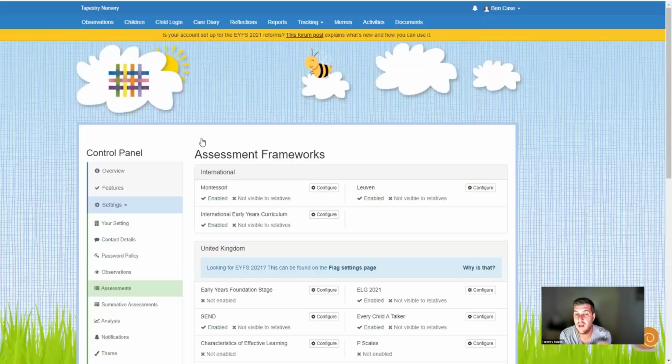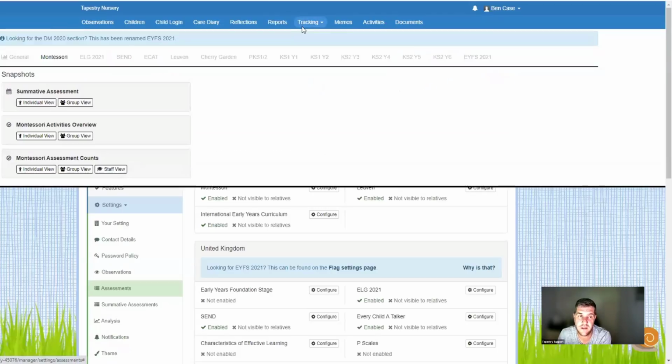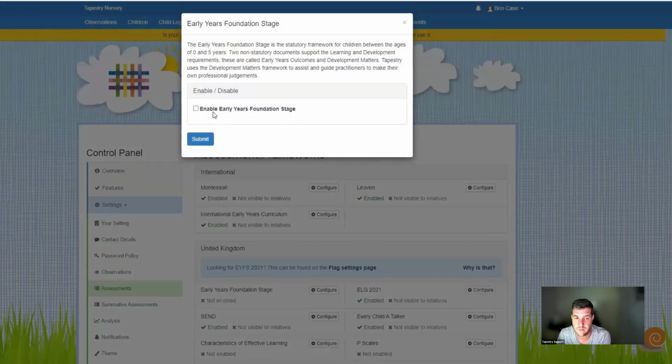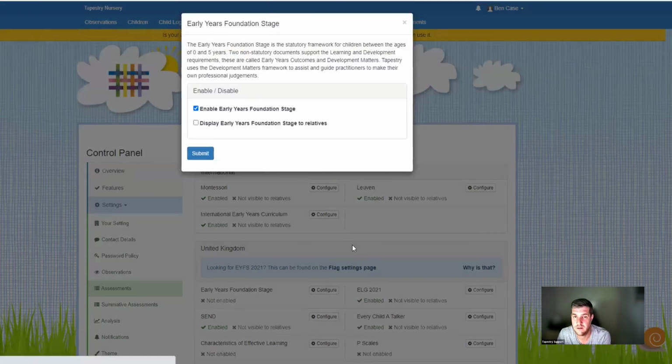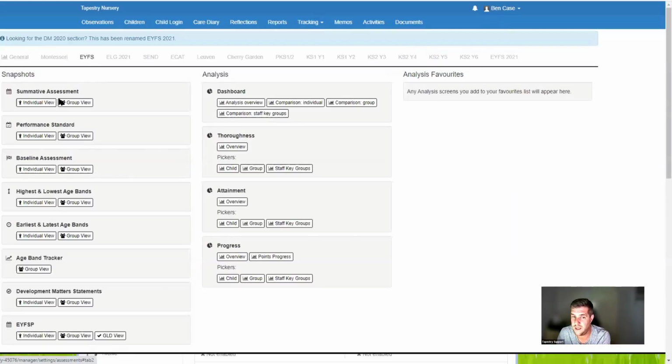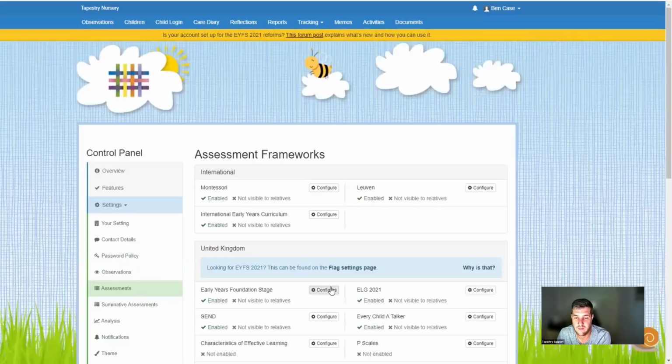Now, any observations that have had EYFS assessments done to them previously, the observations are still going to be visible. They're not going anywhere. They'll still be there for everyone to see. The only thing that's going to be hidden is the assessment part of that page, and also your tracking page. So all your summative assessments and everything like that, that's gone from up here once you disable it. Okay, if I just quickly enable it again, just to show you, for those of you who've forgotten already what it looks like, so it's there. So you've got all these pages here. Okay, once you disable it,